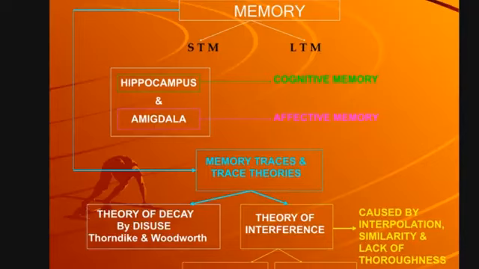In proactive inhibition, past learning is thorough and therefore present learning is not sufficiently thorough. Therefore, past learning influences present memory traces. That is proaction, forward action. This we have seen already.